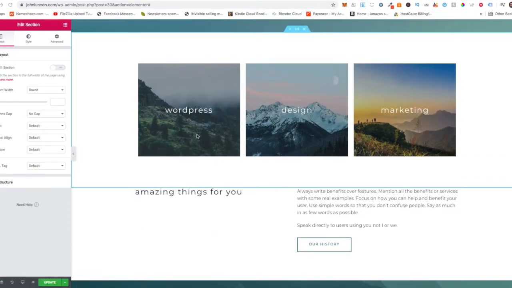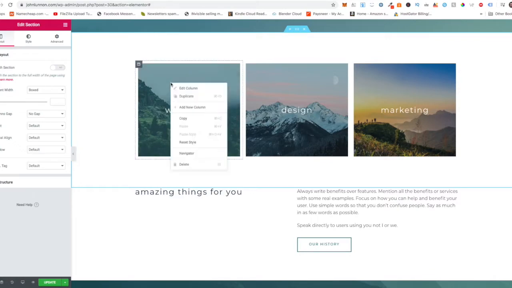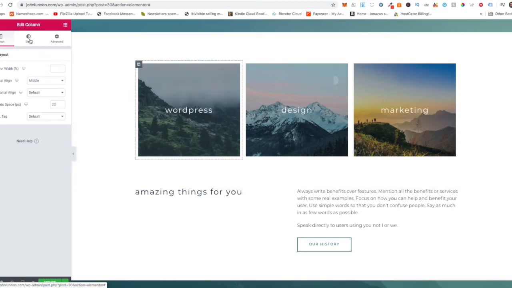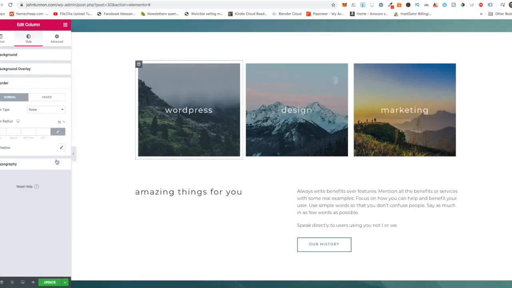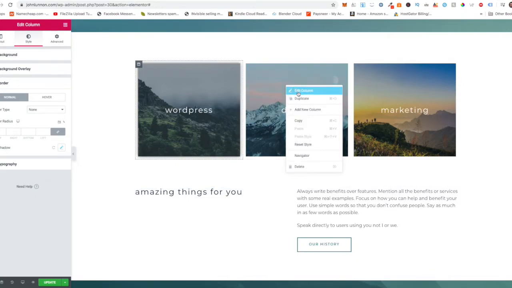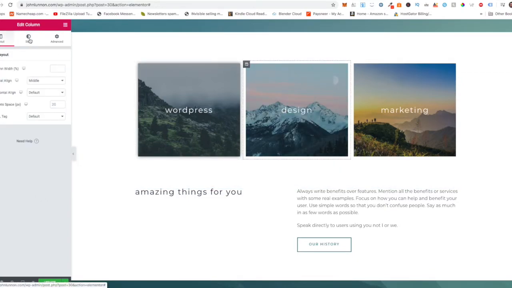Okay, so now we've got this far, I want to edit these boxes because I think they're looking a little bit flat. So all we need to do is right click on the box you want to edit, and I'm going to click Edit Column. So come up here to the left and click the star button. Go down here, click Border, and all we're going to do is give this box a box shadow. Okay, so that's looking pretty cool. So I'm going to do exactly the same for the other boxes. So Edit Column, click the star button,